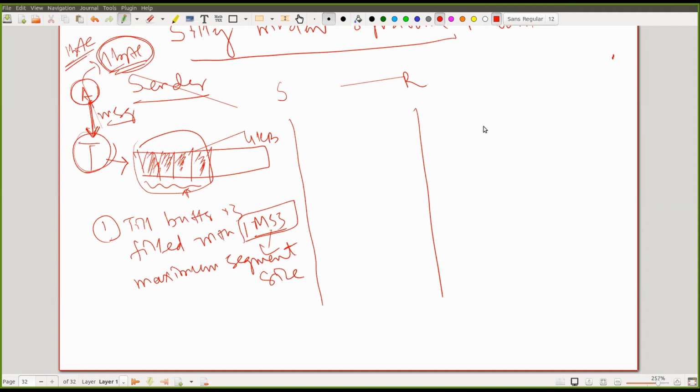Now the next question: let's say the buffer is 4 KB. If the buffer is 4 KB, is it always possible to send 4 KB of data in the network? Even if my buffer size is 4 KB, can I send a packet of 4 KB into the network and have it go? See, it may not. Try to understand why I'm saying it may not.